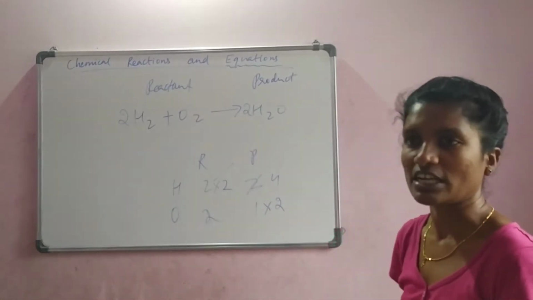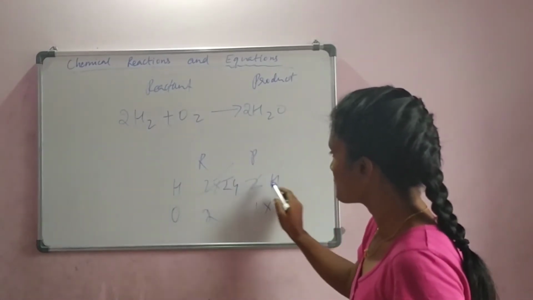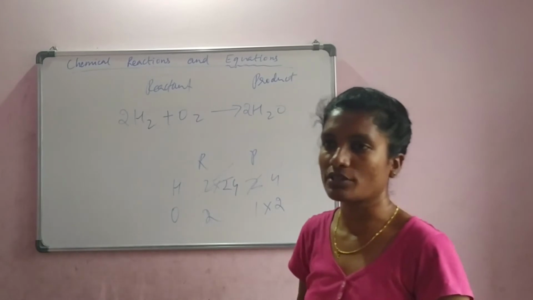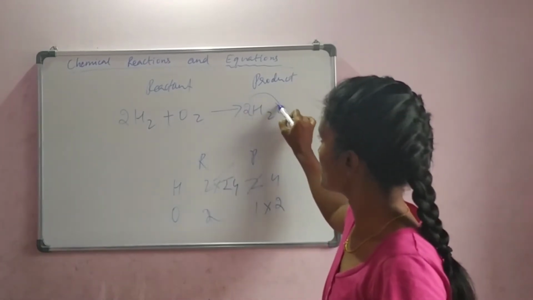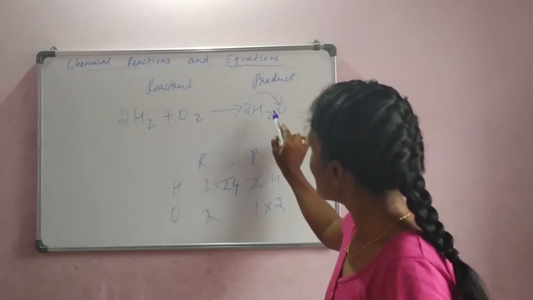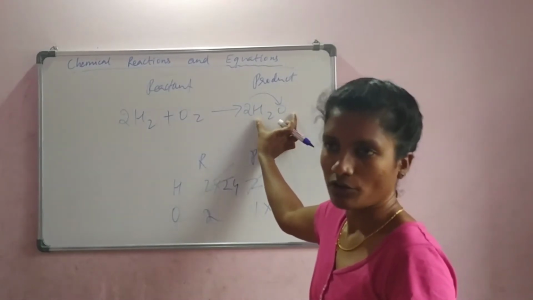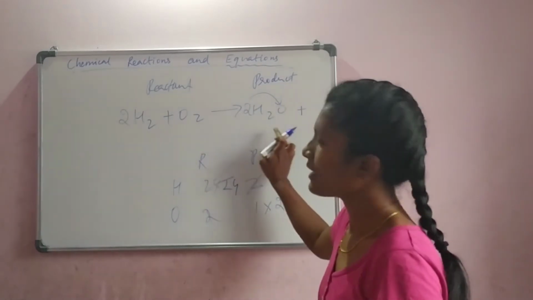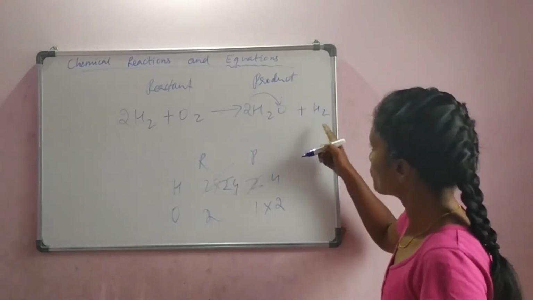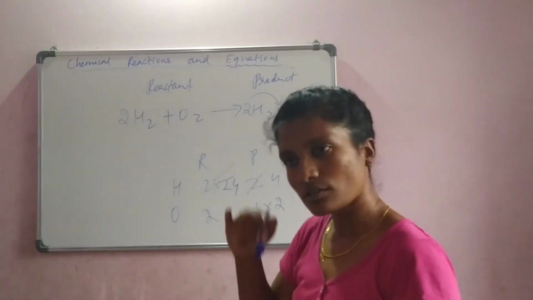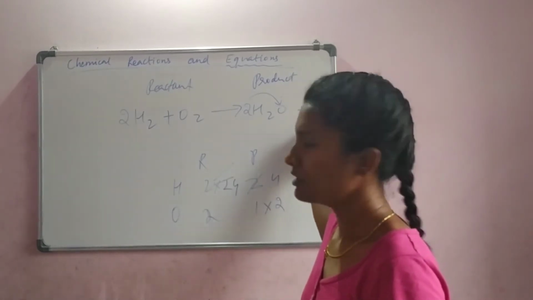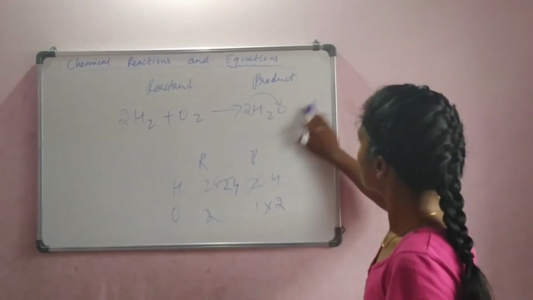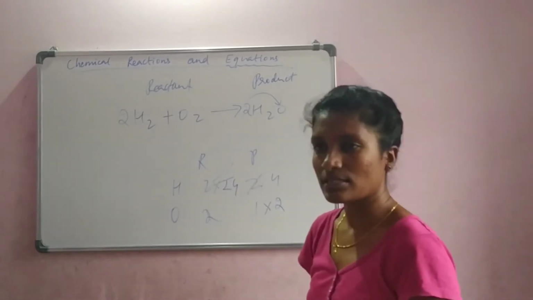Now again reframe it. Check the number of atoms. This is 4. Yes, this is 4. This is 2. Yes, ma'am. Oxygen is also 2. And one more thing. Whenever you put numbers here, it doesn't mean it is only for oxygen. It is for all the elements present in that compound. Unless you get a plus, this number is applied to all the atoms. If you had H2 here, this number is not applied to the next element or molecule. It is applied to the whole compound. Okay. So this is a simple equation we balanced.